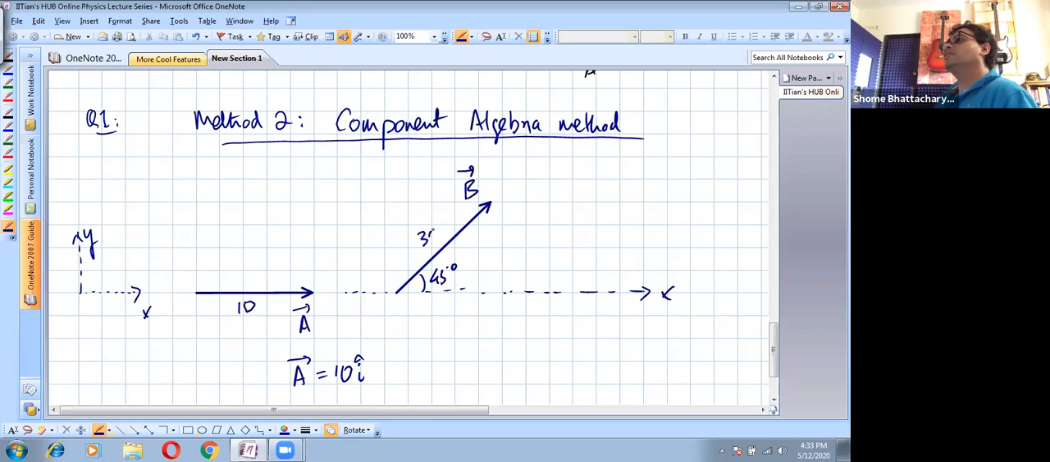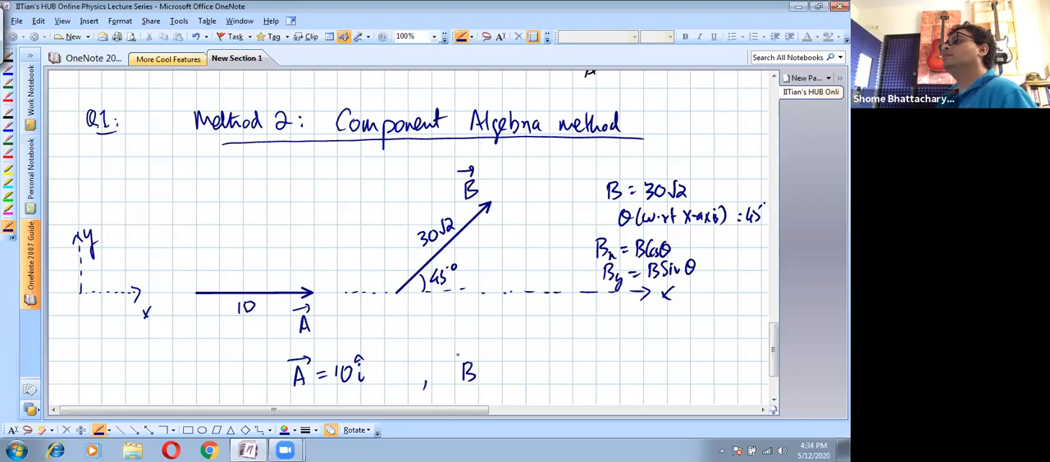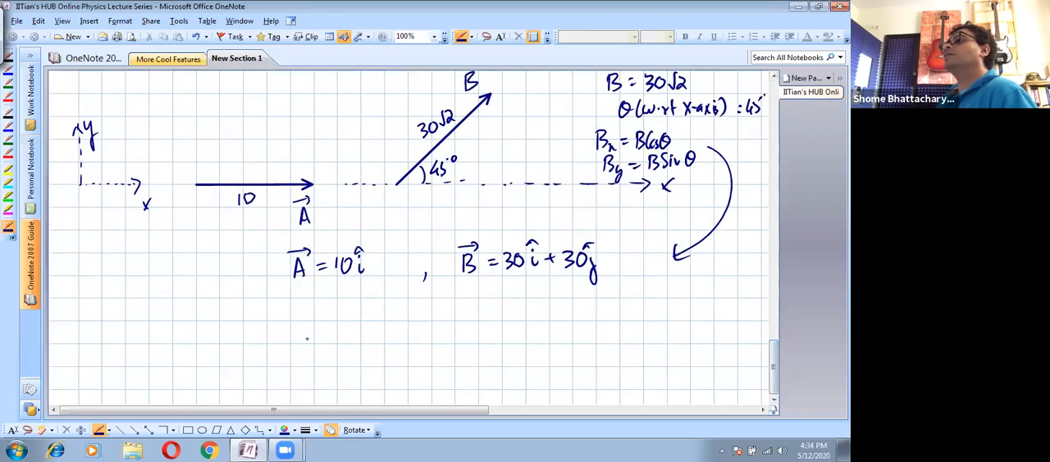And its magnitude is 30 root 2. So mod B is 30 root 2. And the angle with respect to the x-axis, because I've assumed my x-axis is in the direction of A, is 45. So the x component is B cos theta, and the y component is B sin theta. Using that, I can express vector B as 30 i cap plus 30 j cap. Just substitute these. So from that, now I can see that the vector A plus B